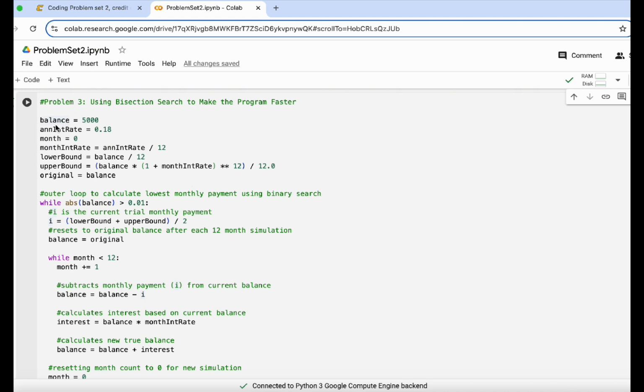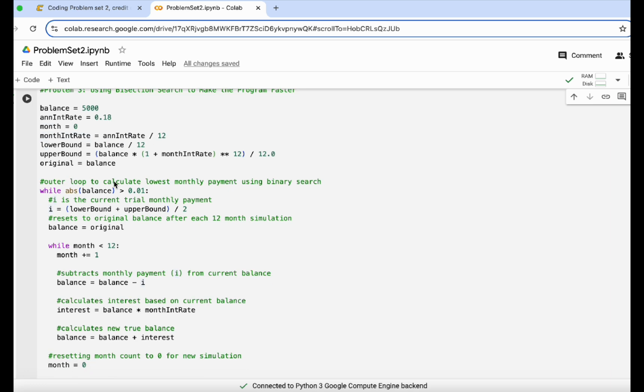So up here we have all of our variables declared per usual. Balance of 5,000, our annual interest rate of 18%, designated by the 0.18. Our month value is at 0, like the other problem, so when we use it down below we can iterate easier. The monthly interest rate, which is designated by this equation here. And then as we just saw in the problem over here, the lower bound and upper bound equations. And then similar to what we did up there, the original balance being tied to that balance, and you'll see how that